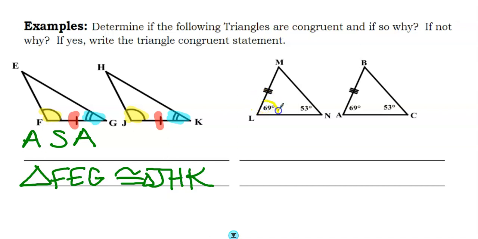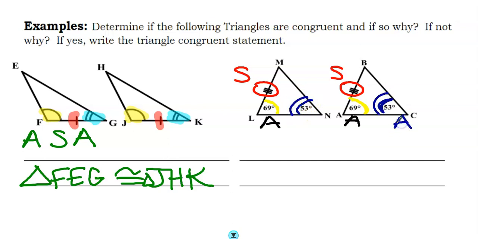So I have 69 degrees, so those are congruent. I have these 3 dashes, so that means that's congruent. So I have a side, and I have angles. And now I also have 1 more angle, which is 53 degrees. Okay, so let's look at the order. Is the side sharing the angles? Okay, is it connected to the angles, both of them? No, it's not sandwiched in between. So I would write AAS,